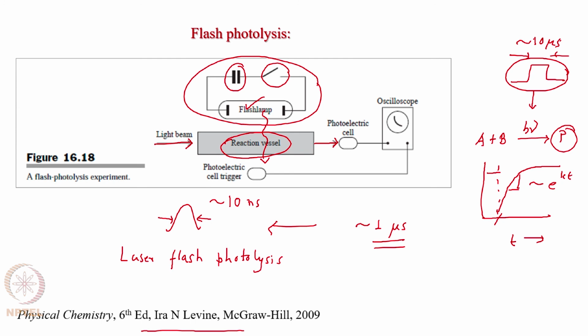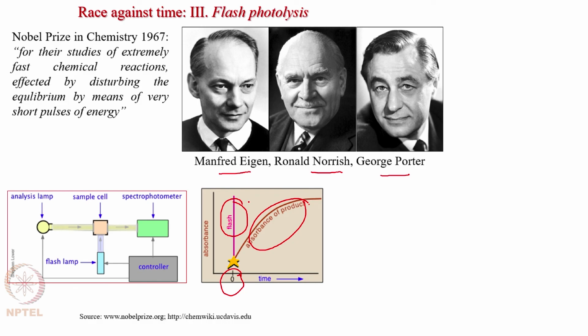With this technique they were able to detect events which are much shorter, something like 10 nanoseconds or 100 nanoseconds or so, and that's why when these gentlemen were given the Nobel Prize in Chemistry in 1967, the citation